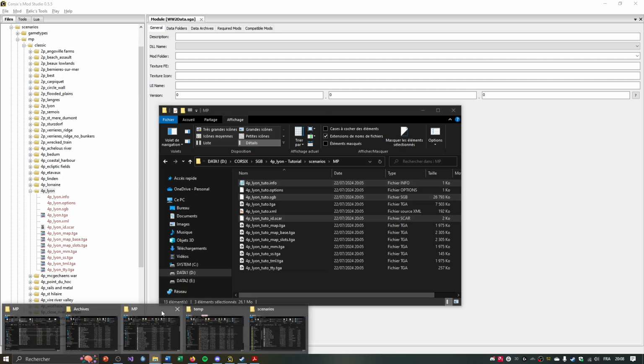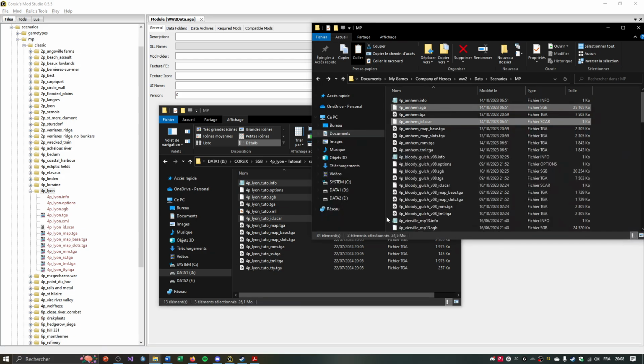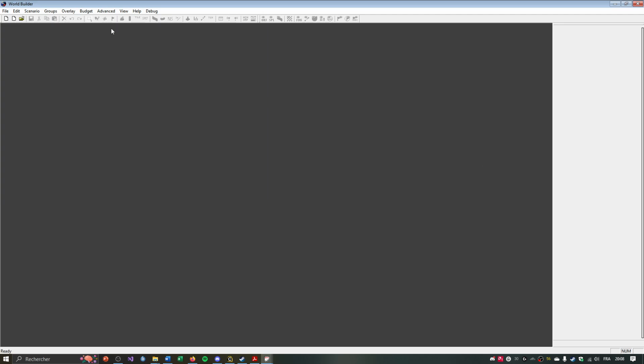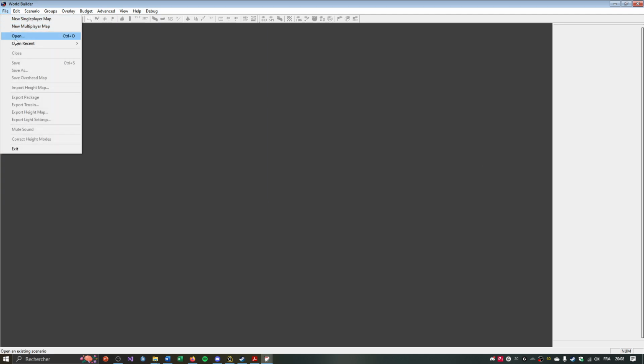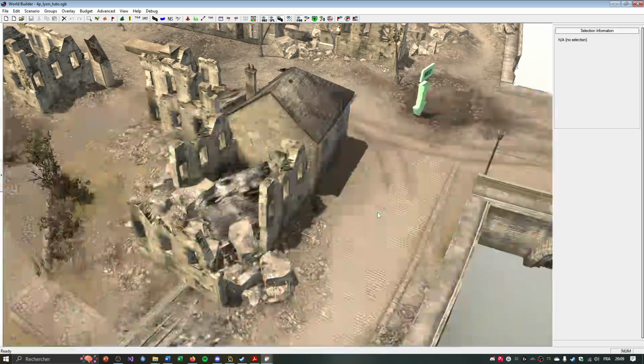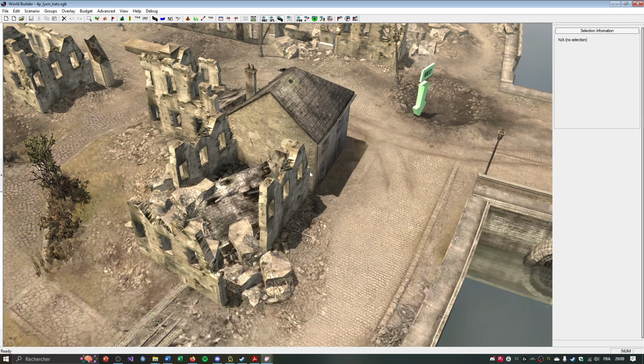Okay, this is the folder where we should have everything that we want to be able to open in the Worldbuilder. I copy those, and I can now open the Worldbuilder. Open. And I see it here. It takes a minute. And voila! You can now edit your map,